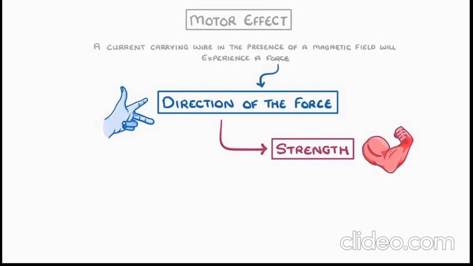So let's start. As we learned in the previous video, a current carrying wire possesses a magnetic field, which I'm showing you over here, and it is in the circular direction. The idea of this motor effect is: what happens if this current carrying wire is placed in the magnetic field of a permanent magnet or any magnet for that matter? This current carrying wire possesses a magnetic field and it is placed where there is already a magnetic field, right? Let me show you how.